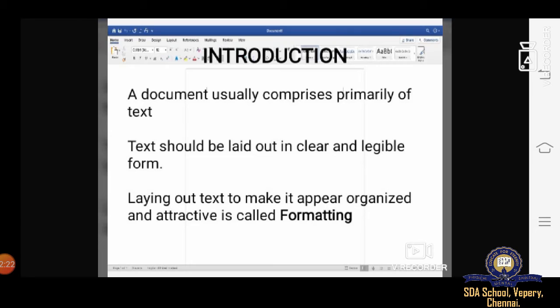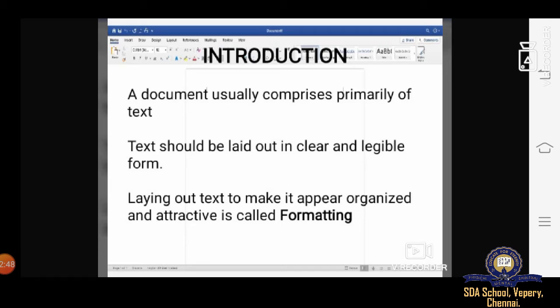Okay, first we'll see the introduction part. A document usually comprises primarily of text. Thus, it is important for this text to be laid out such that it is clear and legible to read. Laying out text to make it appear organized and attractive is called formatting.